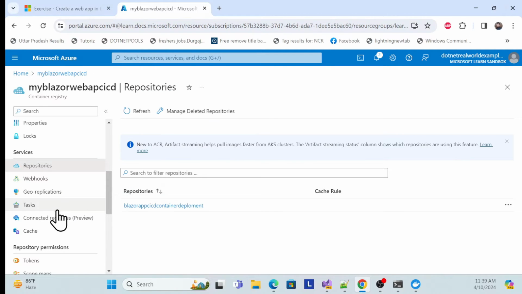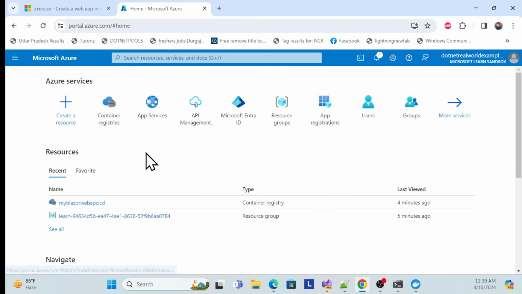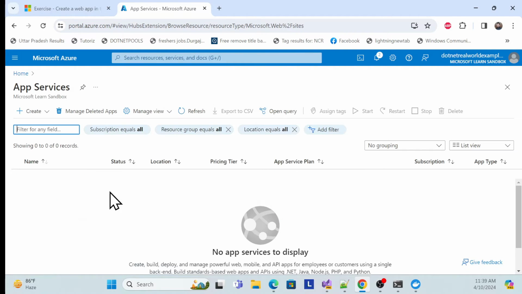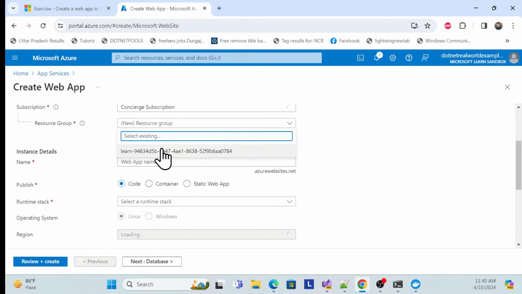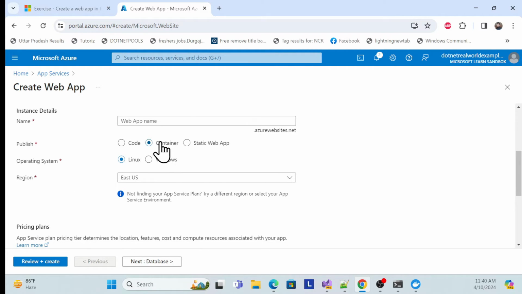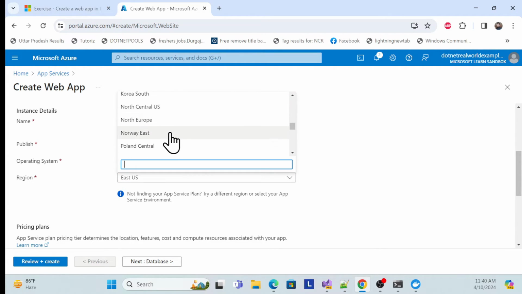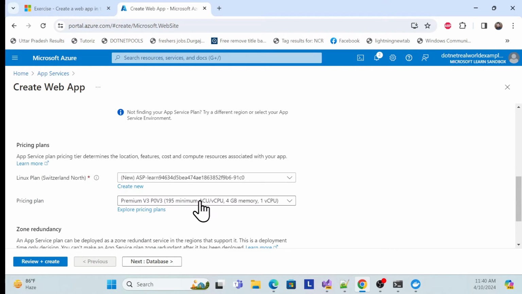Once it's available, the next step is to create your app service, right? Go to app service and create a new web app. Click on that web app and choose the resource group and choose the container. This is the way actually. If you want to deploy using the container, you have to choose this container, choose Linux, and choose whatever settings over here. So I will use a different region, and then I will use this one, and then